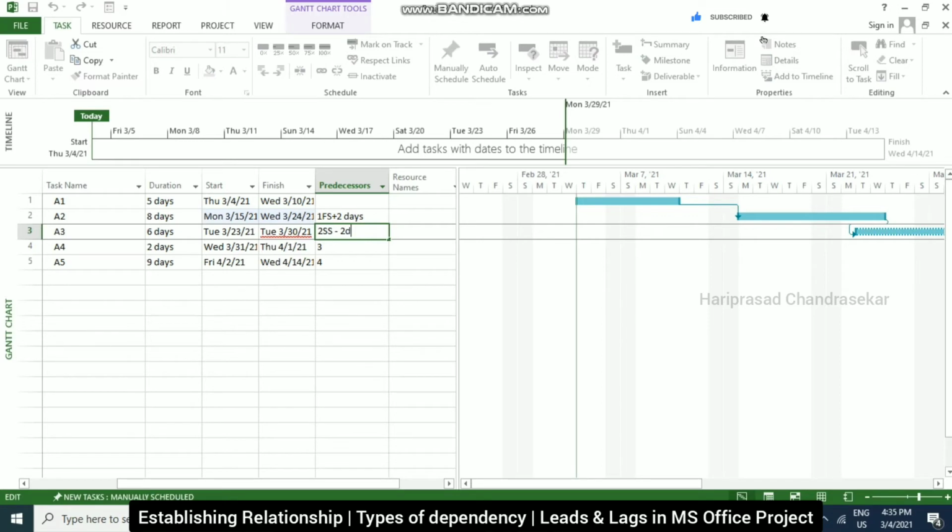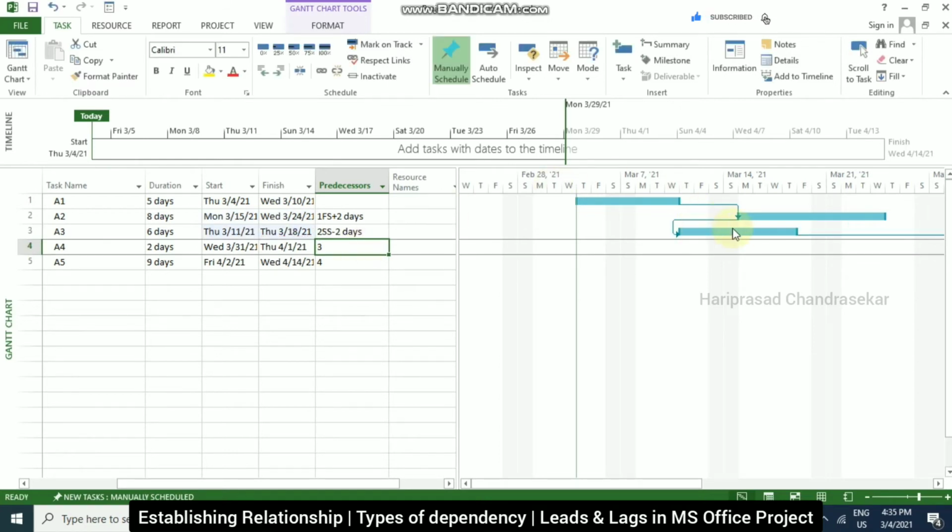For example, if a task can start when its predecessor is half completed, you can specify a finish to start dependency with a lead time of 50% for the successor task. That we will see. First, I'm just going to enter this. Now we can see this task has 2 days of leading.